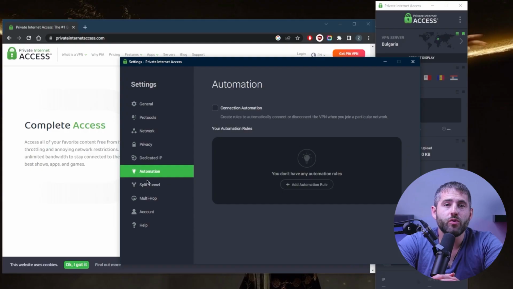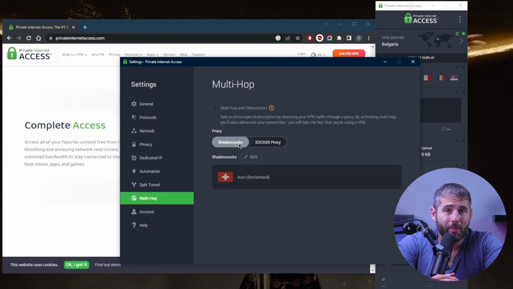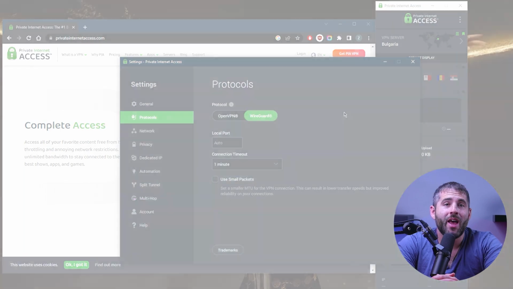And also, it's known for its fast connection speeds with servers situated in various locations. During my test, I experienced virtually no connectivity issues or lag on servers located nearby, and only minimal slowdown on servers located far away. Now, the user-friendly interface of PIA VPN makes it accessible to anyone,